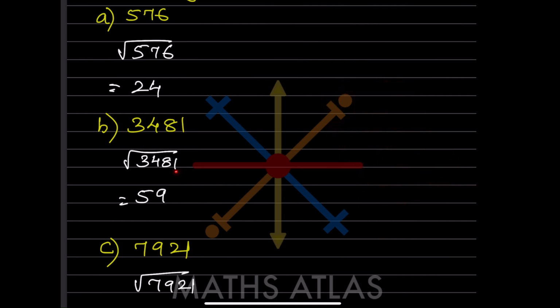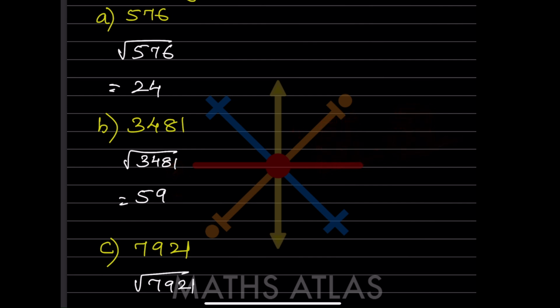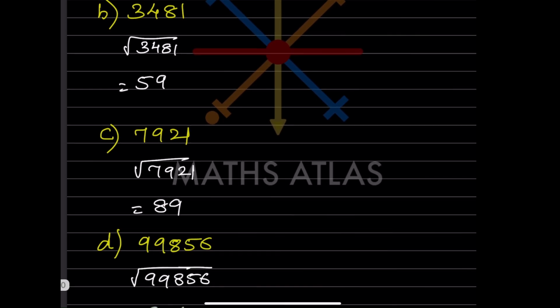So now here we have the units place is 1. So where do we get 1? So here we can write that it is either going to be 51 into 51, or it is going to be 59 into 59, because here 9 nines are 81, 1 ones are 1. So 59 into 59, you can just check, which is 3481. Now again for this one,